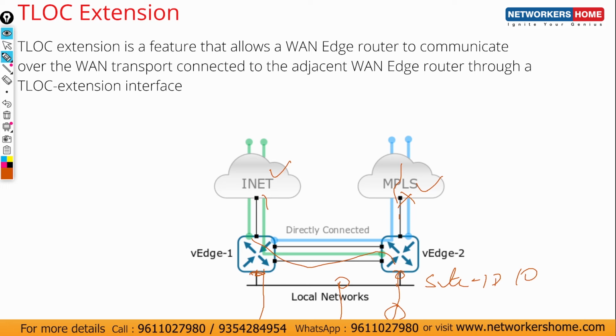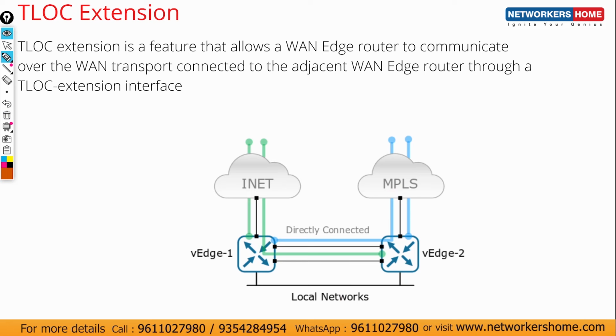Or what you can do is create a TLOC extension. In a TLOC extension, these users do not need to go to the internet through this; he can also have internet connectivity at this interface. Similarly, this vEdge physically doesn't have an MPLS link, but we can do a TLOC extension so that this MPLS circuit can come here. Okay, so what happens, from a configuration perspective,